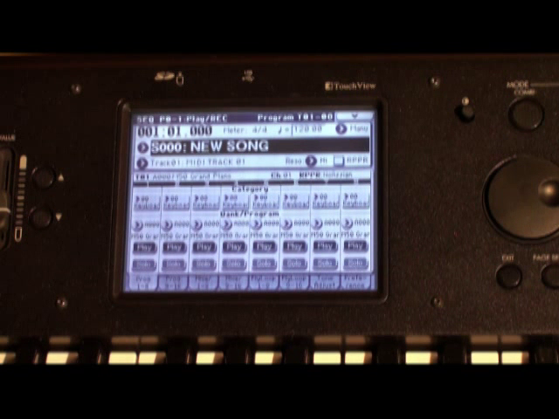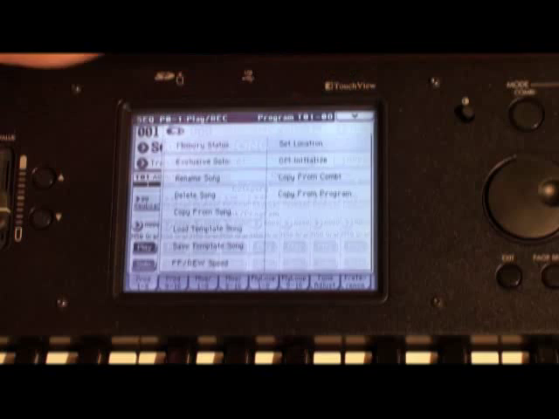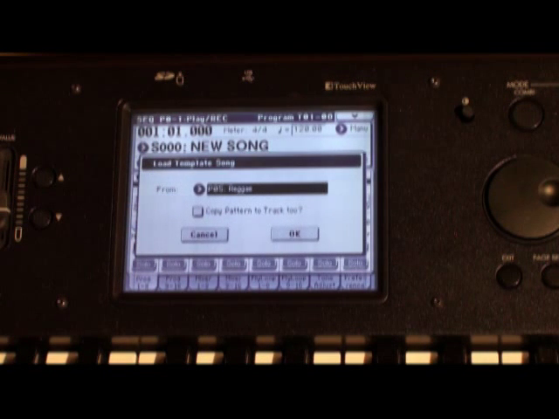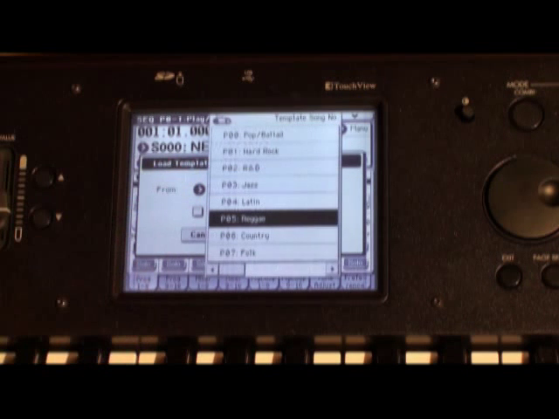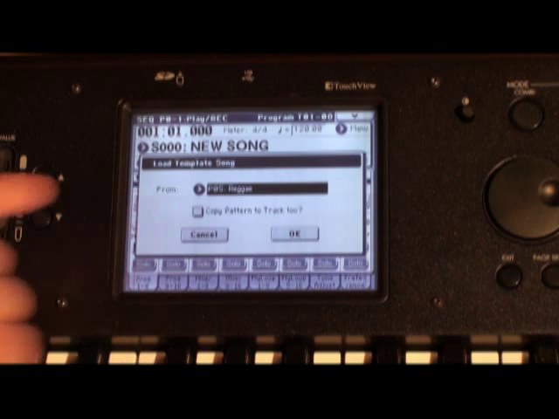Okay, so we just turned the keyboard on, and this is what we see when we go to sequence mode. It's a blank canvas song. There's nothing there. The first step to get a template song going is to load it up. The way we do that is touch the drop-down menu in the upper right-hand corner of the screen, and then touch Load Template Song. Now from here, you can touch this little arrow and choose the style of music that you want to make. So I'm going to touch reggae,